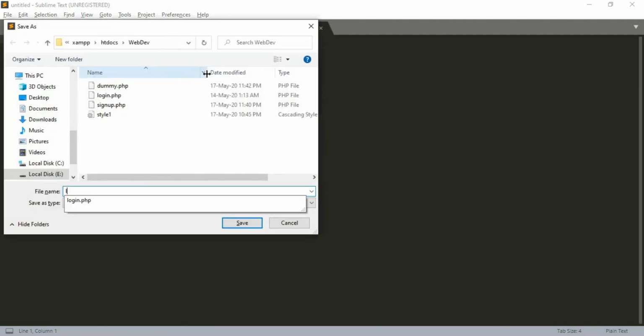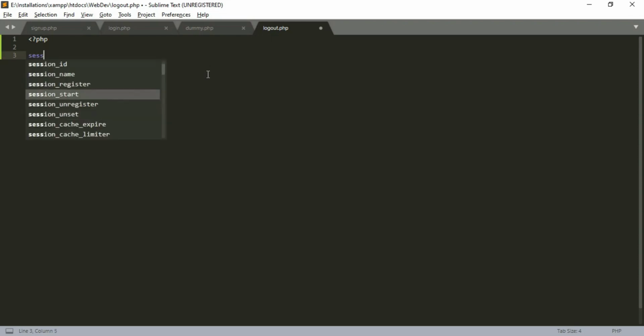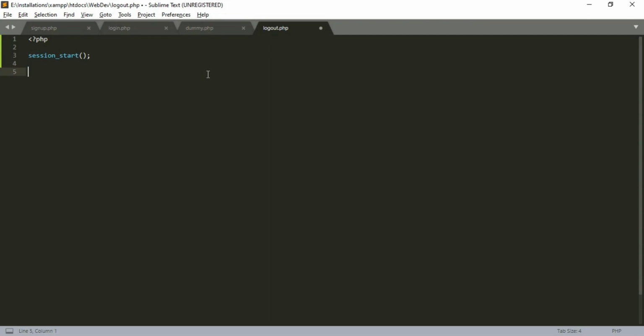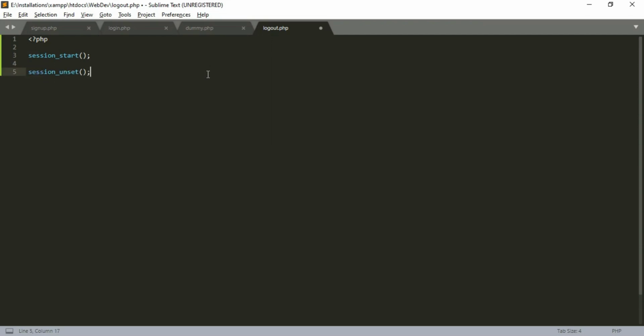Create a new file logout.php. Logging out is as simple as destroying all the session details of the user. So we can start the session, unset all the values and destroy them. session_start, session_unset, session_destroy.